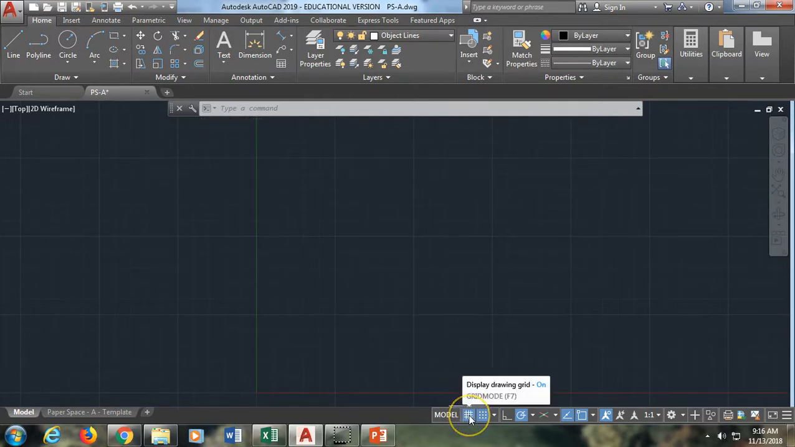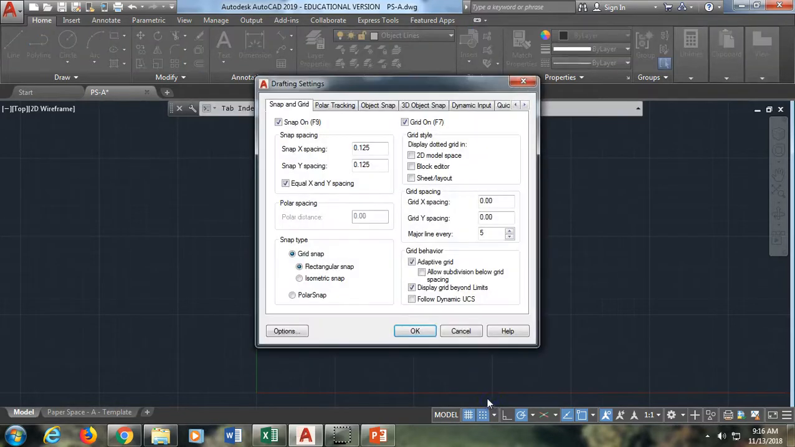So I want to make sure that my grid is turned on. Right next to that I have my snap, and I'm going to right click on this and go to snap settings. Here I'm going to change this to 0.5 and 0.5 here, make sure it says equal Y in spacing. I'm going to also change this one to 0.5 and there, and then I'm going to leave it on a major line every 5, and under grid snap, instead of rectangular, I'm going to switch over to isometric snap